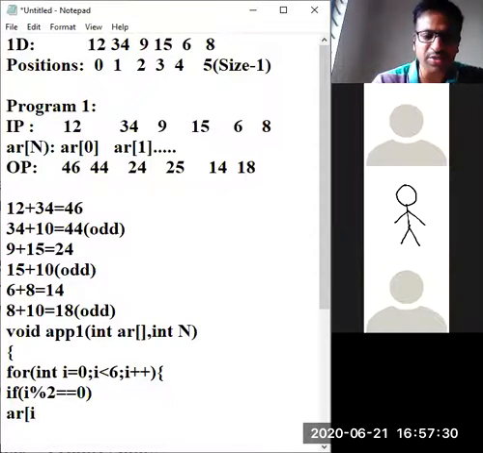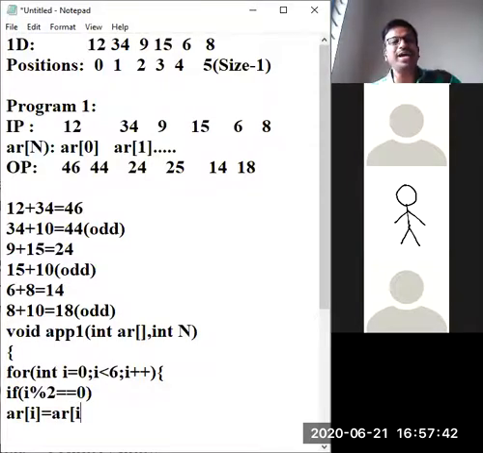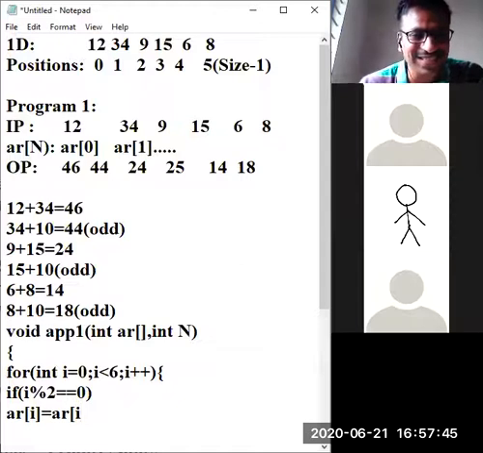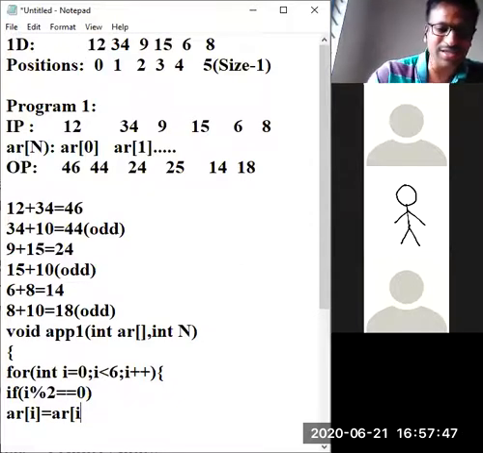AR of I is equal to AR of I plus something like that. Is it possible? AR of I is equal to AR of I plus AR of I plus 1. That looks good. Like that you can provide coding.